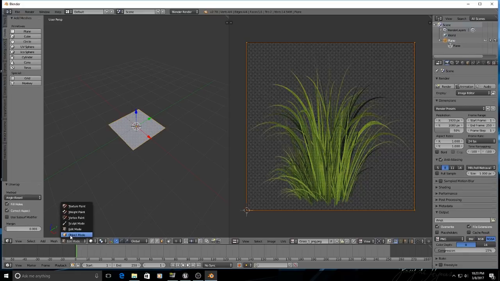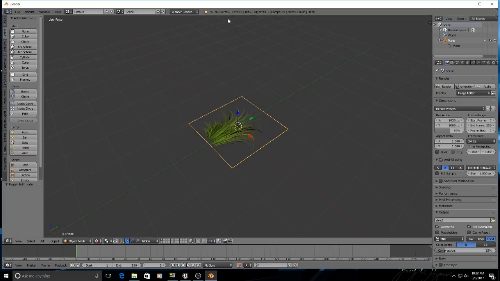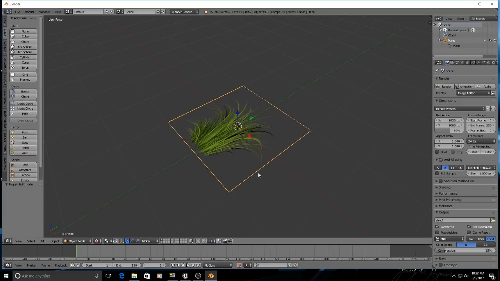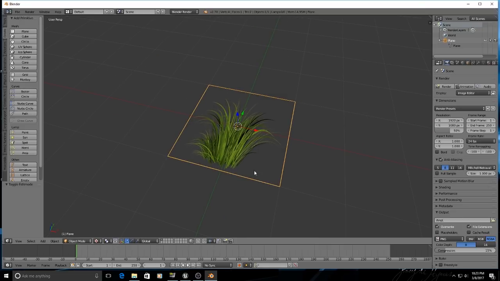So now I'm going to go to object mode. And now I'm going to go to texture. And we can see our texture is now applied